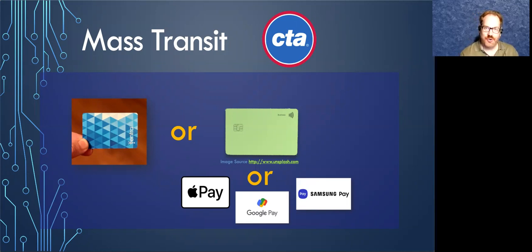But did you know that you can actually use your NFC credit card to pay for a CTA trip? You don't have to have the Ventra card. You can just use your credit card if it has the contactless payment little symbol on it. I didn't know this until recently. You simply tap your credit card onto the payment pad at the turnstile, and it'll let you in and deduct